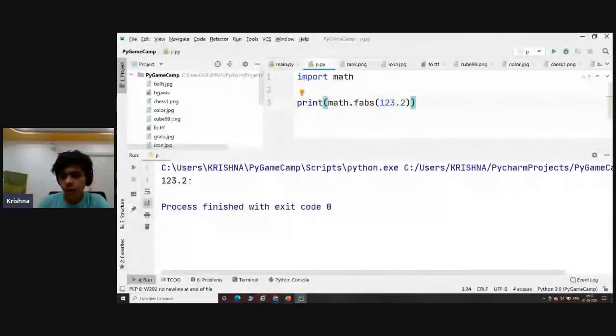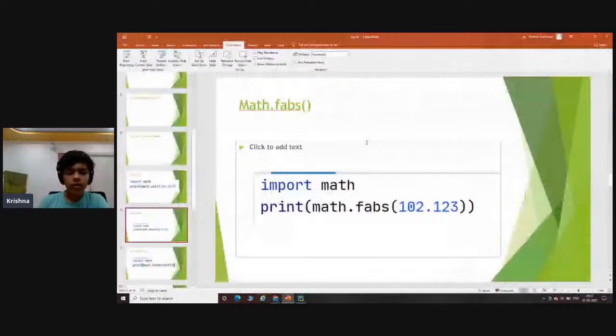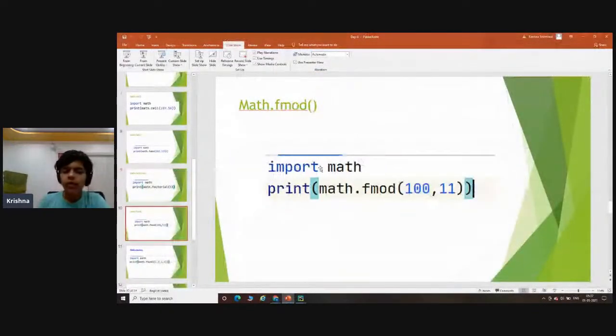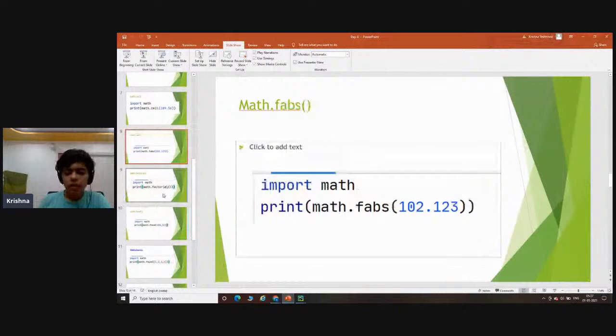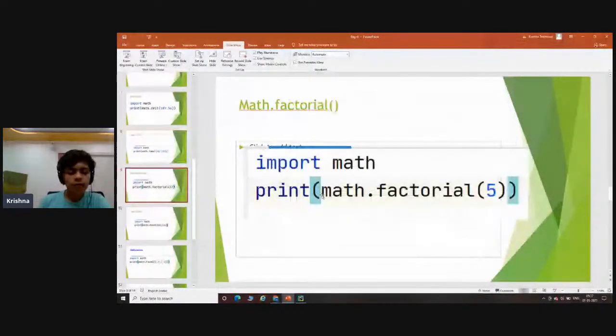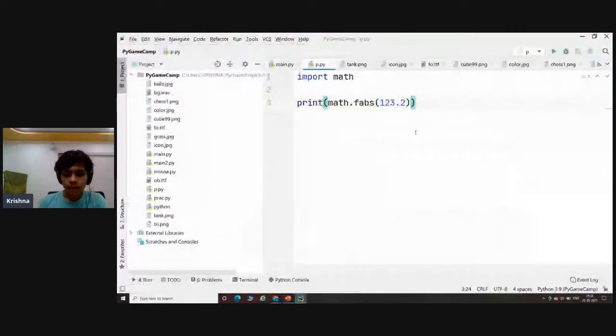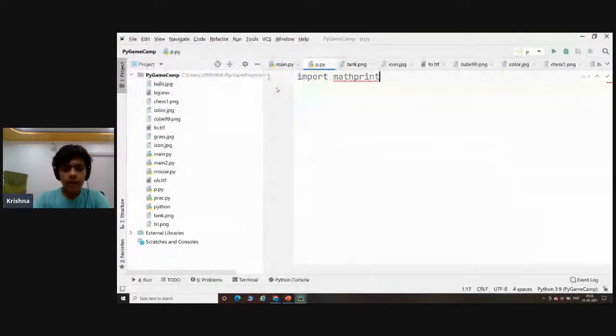Okay, we're gonna learn the functions real quick because I'm not gonna waste time learning the functions in detail. You must have learned about the factorial of a number. Now, what is a factorial of a given number? For example, let's say 5. The factorial of 5 is 5 into 4 into 3 into 2 into 1, till the number is 1. So that's basically the factorial. Now here we can just say,